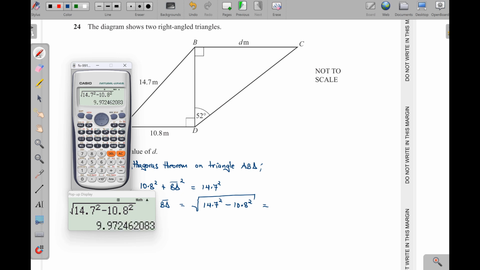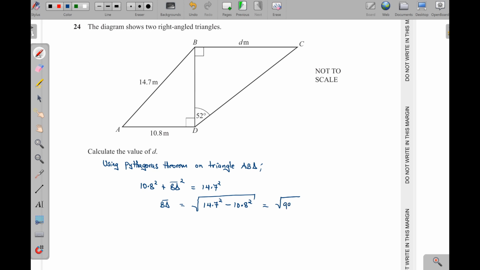This one is giving us that ugly answer there. Okay, but I'm going to just leave it exact. So what I will do is to say 14.7 squared, then minus the 10.8 squared. So I'll write square root of 99.45. Get used to using what we call exact values. Now I'm going to use